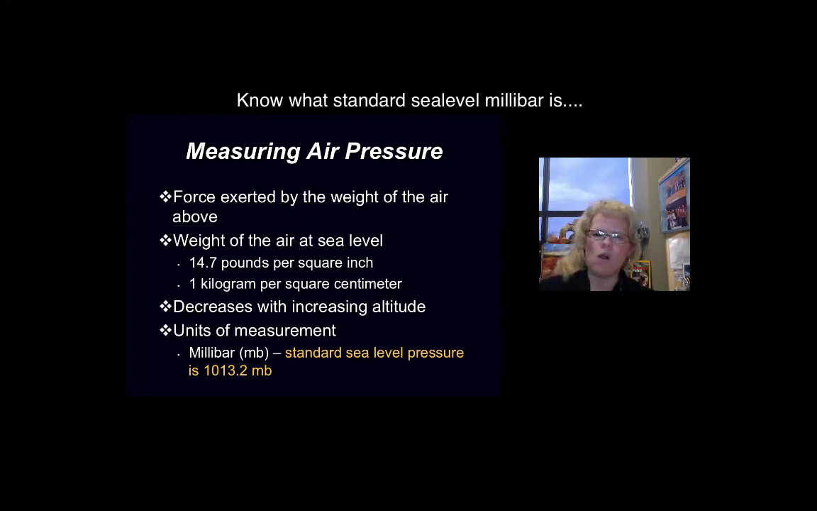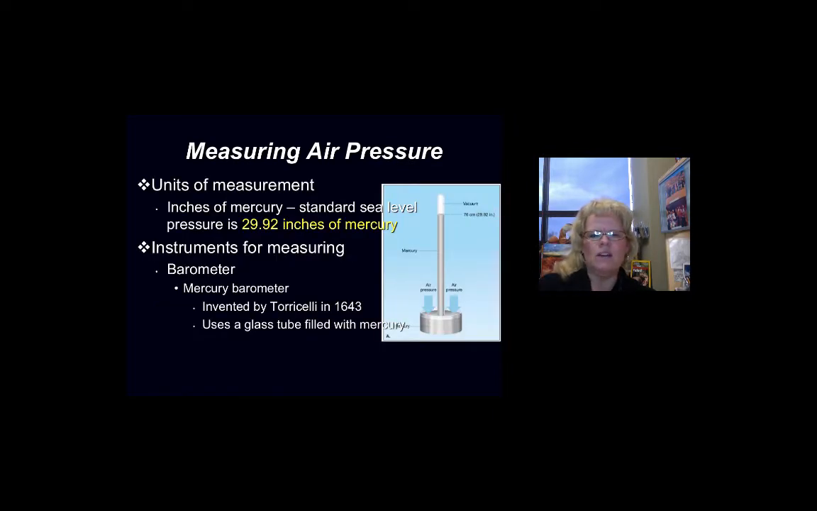We measure all air masses in terms of millibars. And millibars are just a unit of measurement for the weight of an air mass. And standard sea level pressure in millibars is 1013.2. That's a guaranteed test question, 1013.2. Now, the inches of mercury at standard sea level, if you were to look at that in mercury, is 29.92